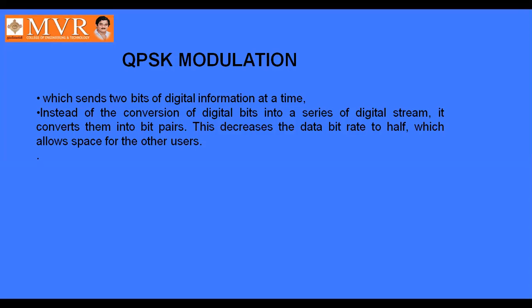In phase shift keying, the phase of the carrier is shifted between zeros and ones, and in frequency shift keying, the frequency of the carrier is shifted between zeros and ones. For zero, we consider a low frequency. For one, we consider a high frequency. Then next, we will also discuss DPSK modulation. DPSK modulation is very important. All of you go through the previous video.